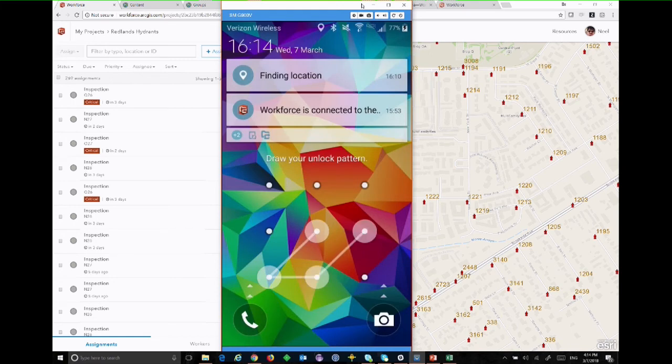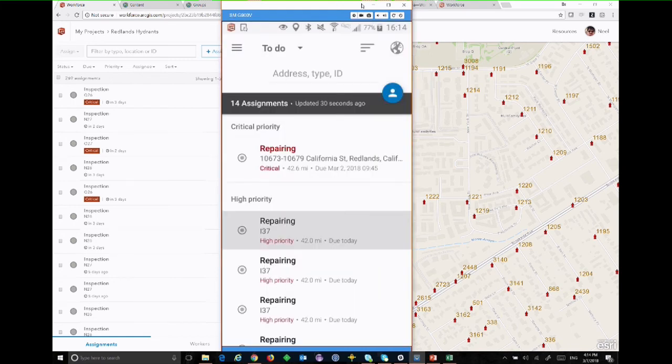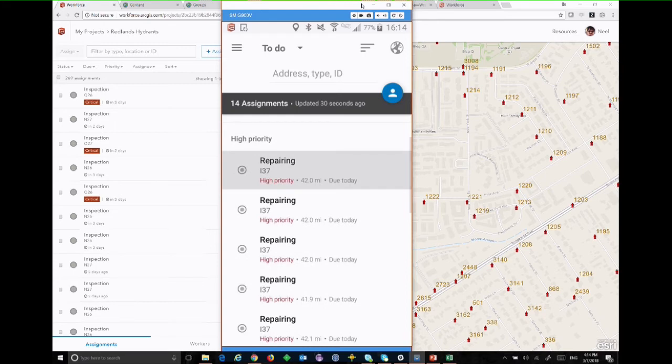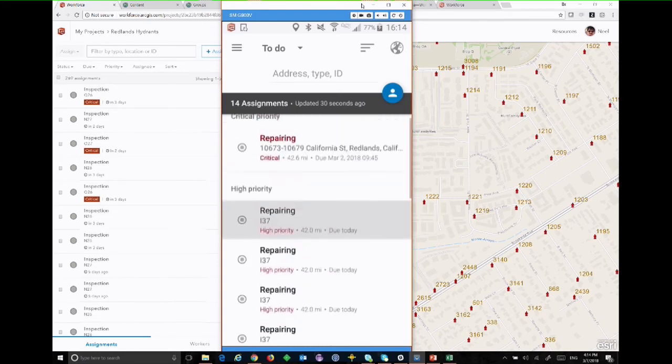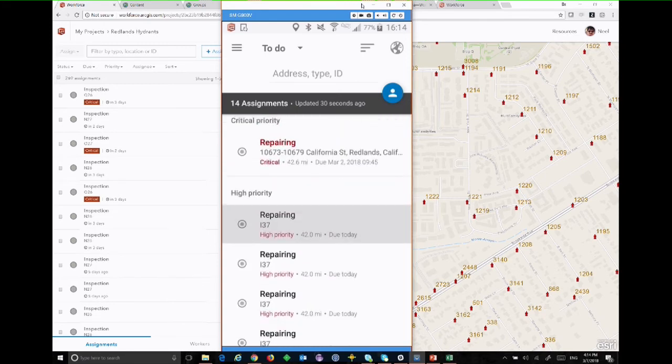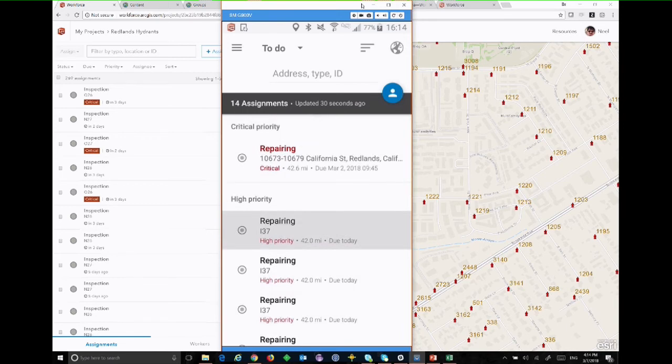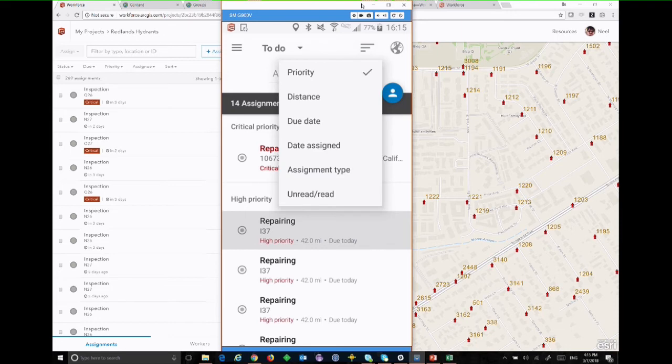So my field worker is out in the field, and he gets a list of all these assignments right now. You can see I have 14 assignments that are associated. So now I am the field worker, Neil, and I have these 4 assignments right now. They are already sorted by default based on the priority. This sorting option can be changed based on distance, due date, assignment type, whether the assignment is already read or not,